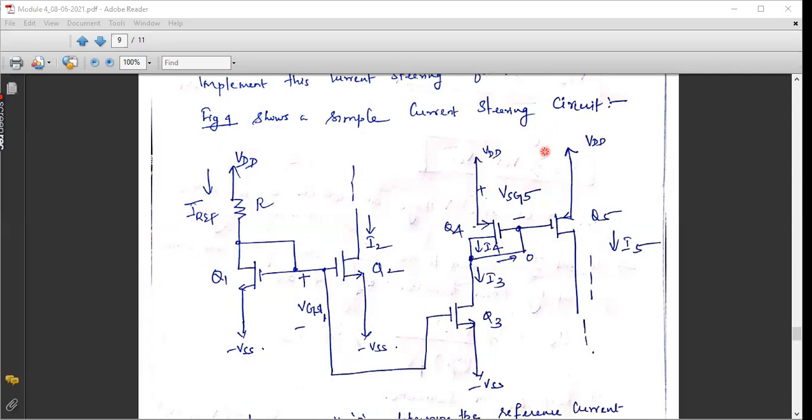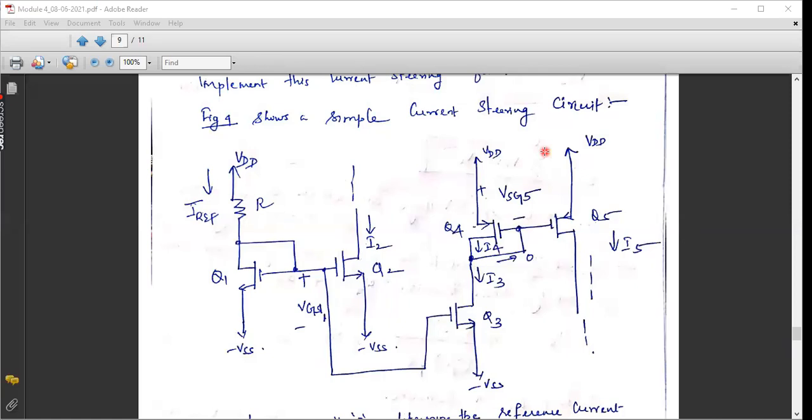I reference, isn't it? You can see I2 is dependent on I reference, I3 is dependent on I reference, but I5 is depending on what? I4, but I4 is I3. I5 is depending on I4, but I4 is equal to I3 from the circuit diagram, whereas I3 is depending on I reference. So you can say that the final current I5 is indirectly depending upon the reference current. This is what is called current steering. So at the required locations of an IC, I will be able to deliver the desired current by making use of a reference current source called IREF. This is called current steering.